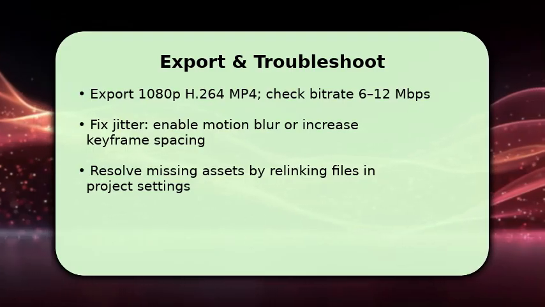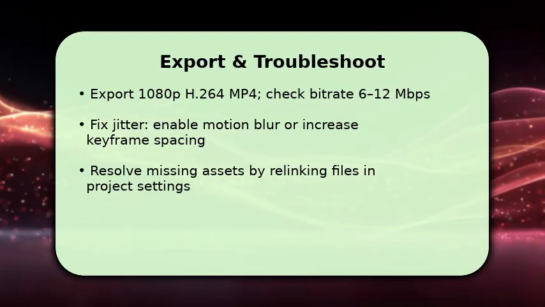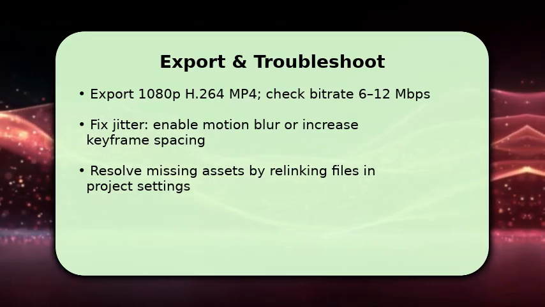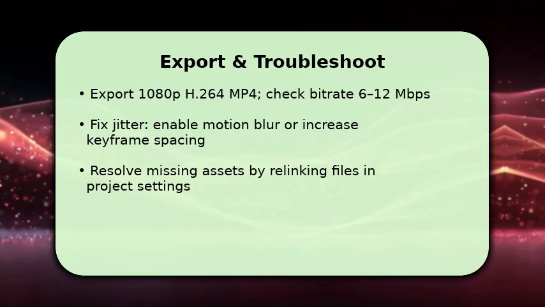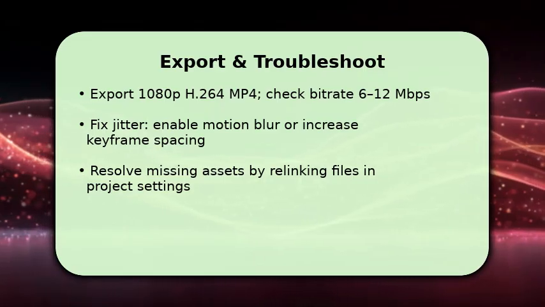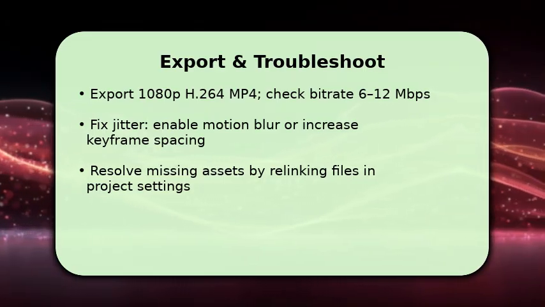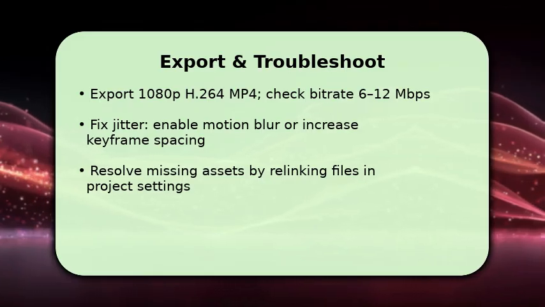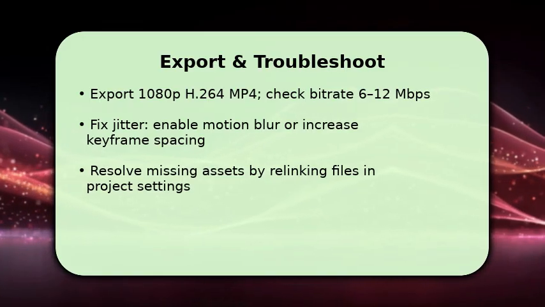Export as 1080p, 264 MP4 with a 612 Mbps bitrate for crisp upload. If animation looks jittery, add subtle motion blur or increase keyframe spacing and retime easing. This smooths choppy motion. If layers go missing or show pink textures, relink the source files in project settings and